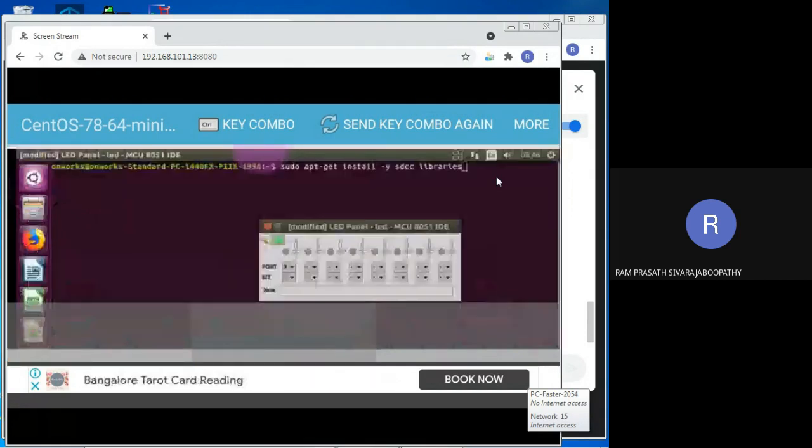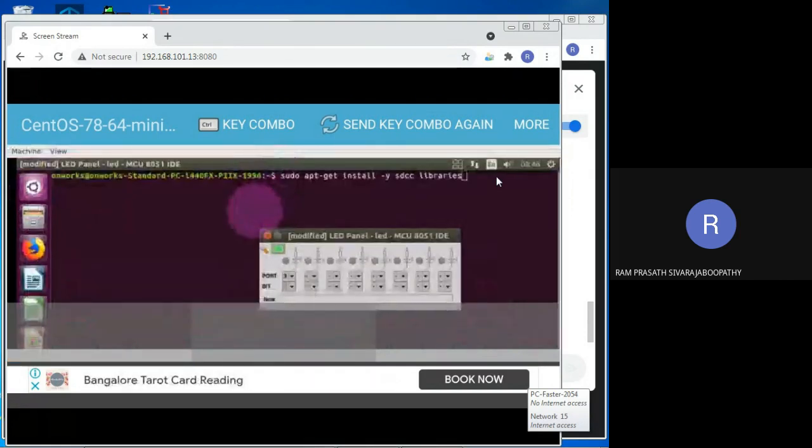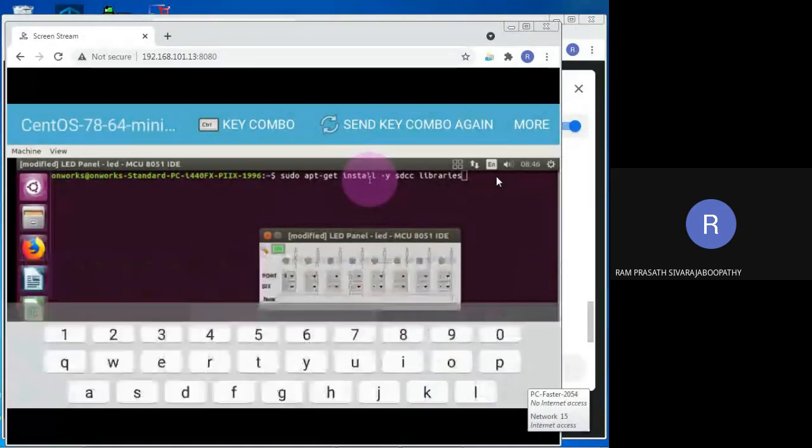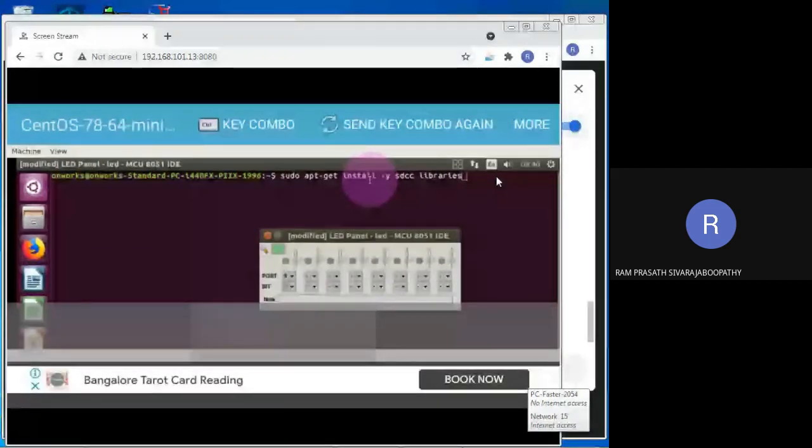Yes, this command: sudo apt-get install -y sdcc libraries. After this, you have to click on enter. Wait a moment. Yes, now you have to click on enter.